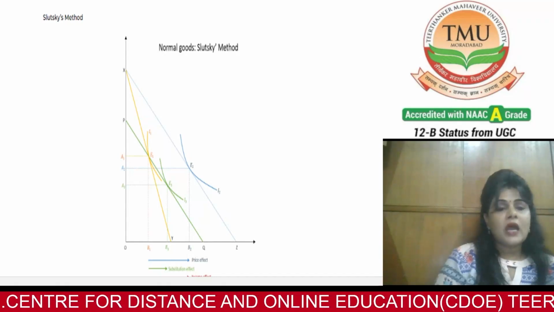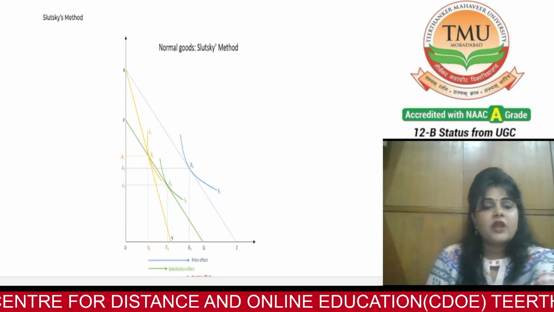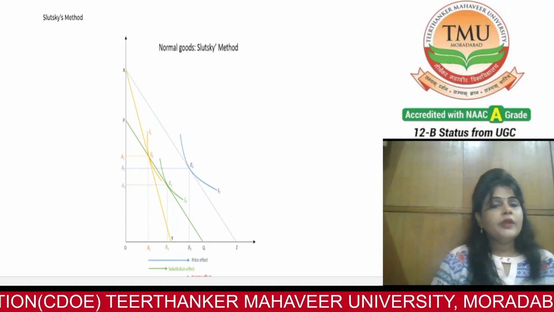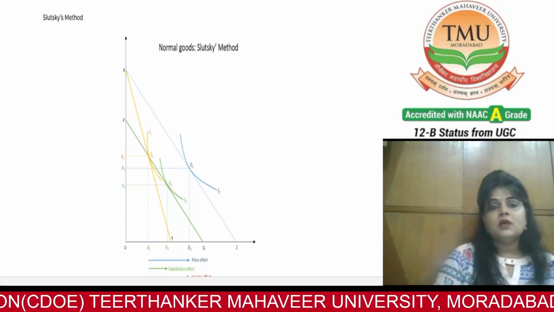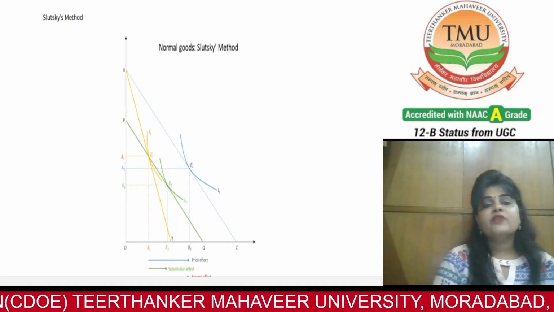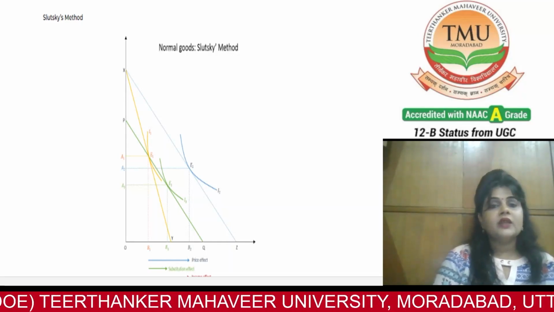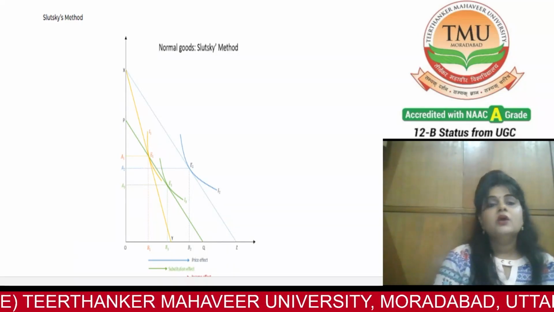The demand curve isolates the substitution effect. It illustrates that the consumption after the price change is compensated in such a way that it allows the consumer to have the